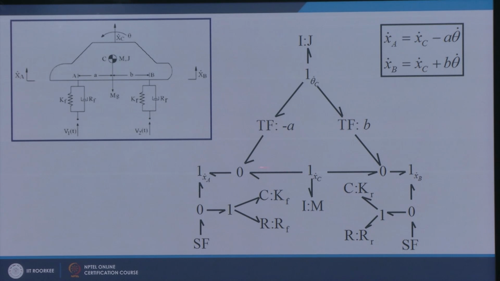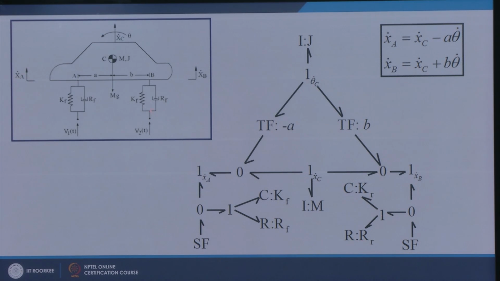So, here this is XC dot minus A theta dot, and here I get the velocity of point A. Now, I have the ground excitation V1t, and in a 0 junction I can take the difference of these, I get a relative velocity, and I attach a C and R element here representing the KF and RF. Alright. Likewise, I can draw the bond graph model for the